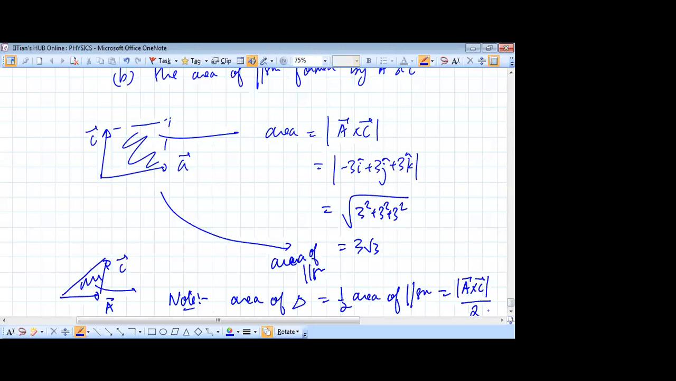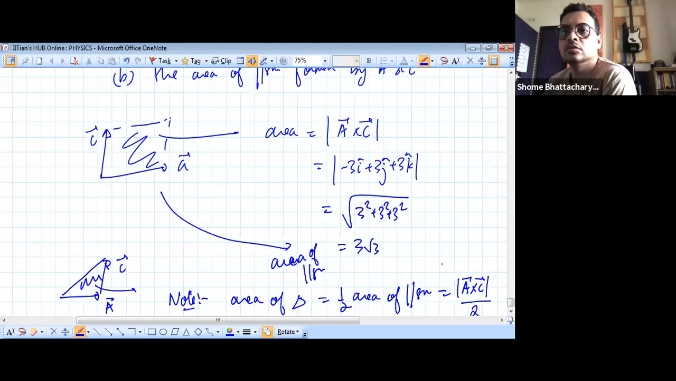Understood, Nashikar? Okay, people. So hope this is clear. So with this, we complete the vector algebra portion. Okay. And